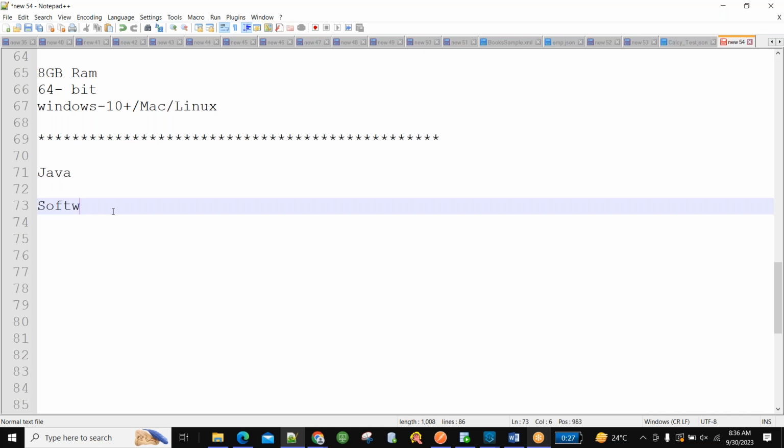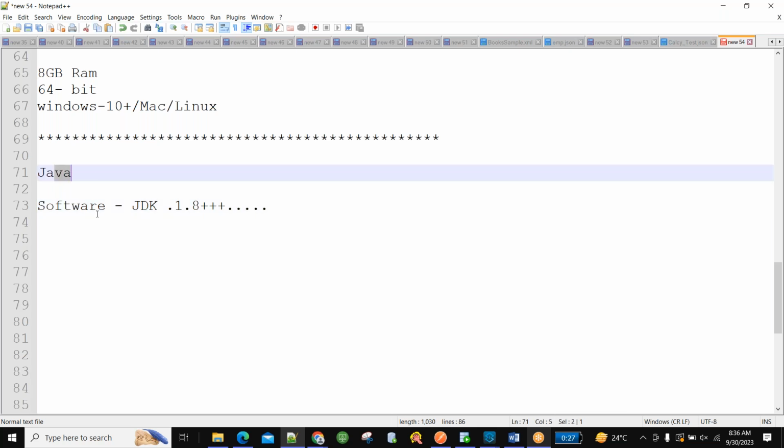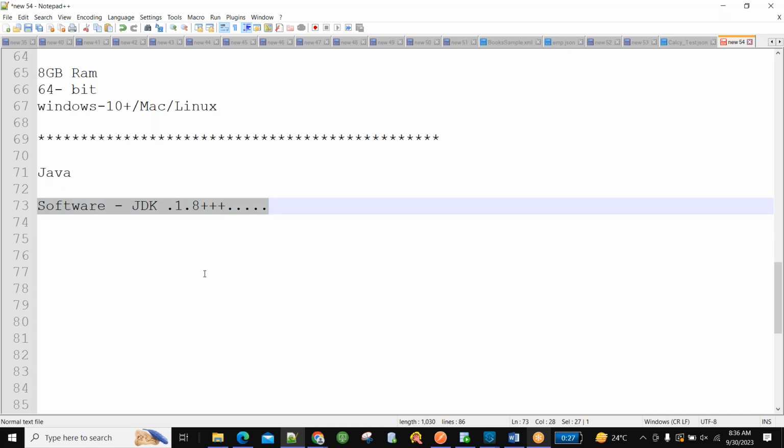Am I right? So for Java, by God's grace, only one thing is there. Only JDK we will install. If we install JDK, we are very good for running Java applications, any kind of applications. Java JDK, any version is fine. Either lower version or higher version, Java will work. So coming to any programming language, definitely one software is required for installation, for practicing. In the same way, for learning tools,